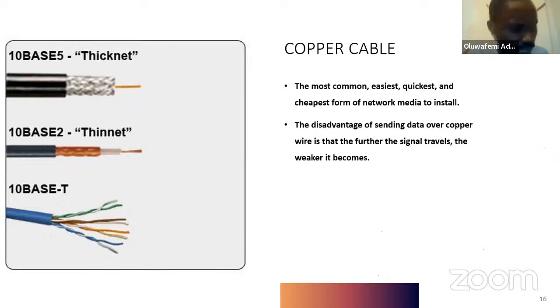I need a major example of this. Have you seen your olden days antenna? You know that round stuff that goes to the back of a TV? That's a typical copper cable. There's thin net and there's the thick net.